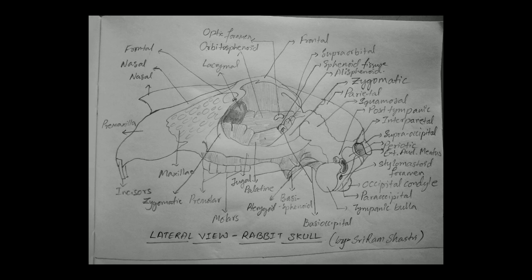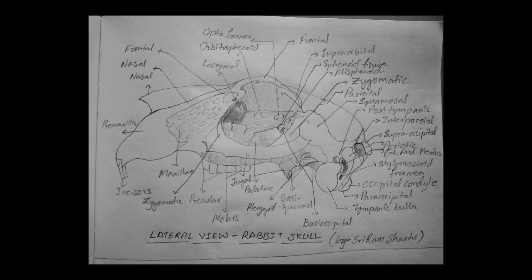There are the different parts which I have labeled here in the diagram. Go through it. It starts with incisors, premolars, nasal processes, frontal, optic foramen, orbitosphenoid, lacrimal process, then frontal, supraorbital, sphenoid fissure, then pterygoid, alisphenoid, zygomatic process, then parietal, squamosal, posttympanic, interparietal, supraoccipital, periotic, external auditory meatus, stylomastoid foramen, occipital condyle,